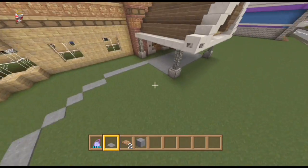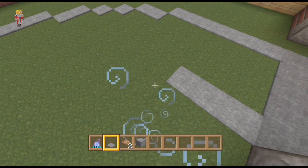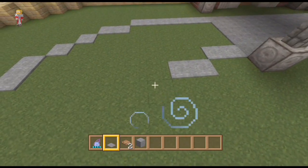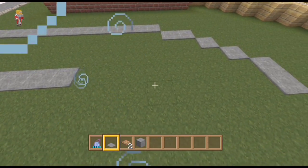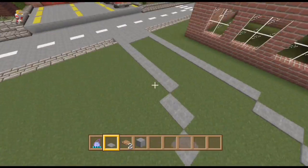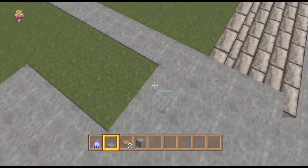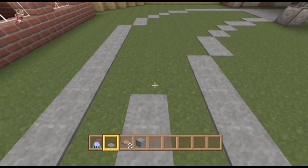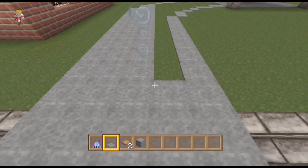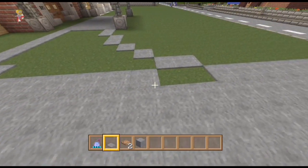Perfect. And now we just need to do the inside line. We don't want it to go too short. So if we go down here and there, that's 2 blocks before. Here, 2 blocks, 2 blocks, and then join that up. That looks like a pretty good curve to me. Apart from, oh no, yeah, we are wide enough. It doesn't quite look wide enough. Maybe we should do 6 wide coming in and out, and then we'll just have 5 wide as you go